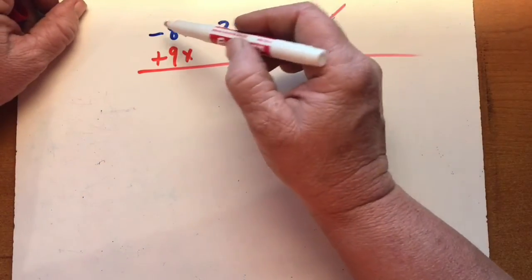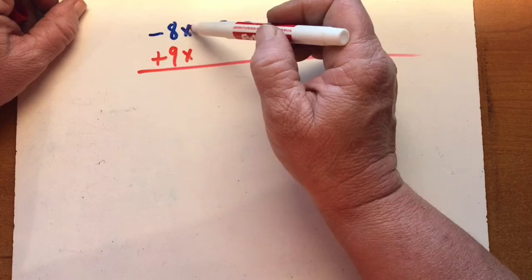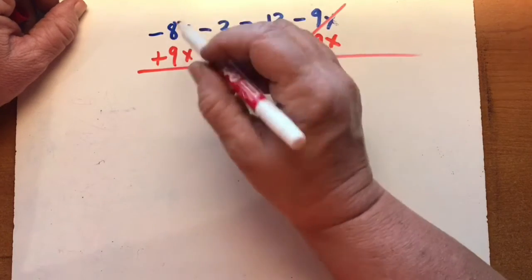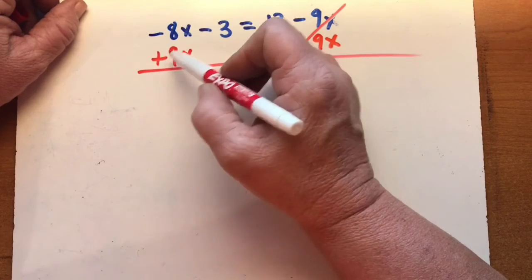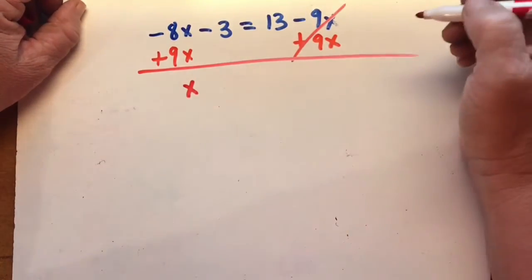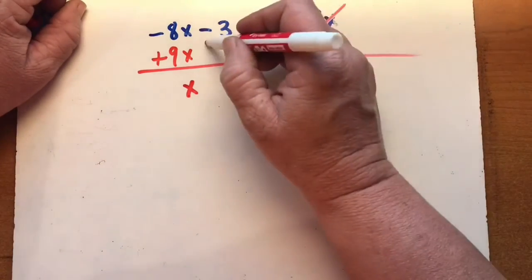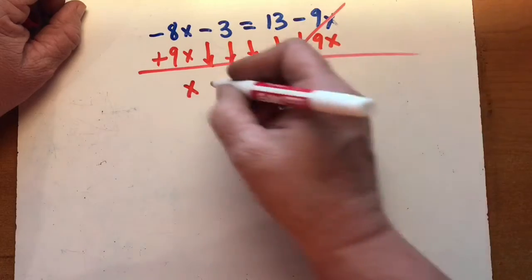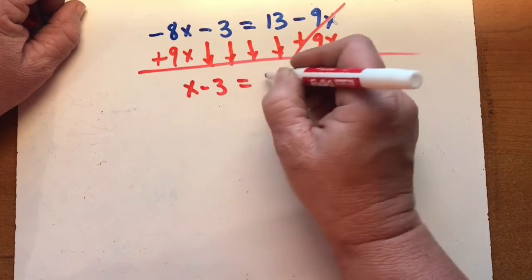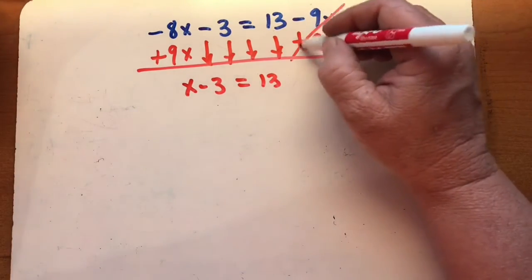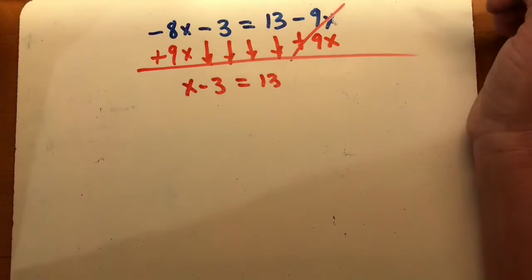Okay, so again, this just means that there's negative 8 x's, and this means that there's positive 9 x's. So I ignore the x's and I just do negative 8 plus 9, which gives me 1. Okay, 1x. And then I drop everything down that I didn't mess with. Right? I drop all that stuff down. Oh yeah, okay, that's not an arrow, that's a plus. All right, and then